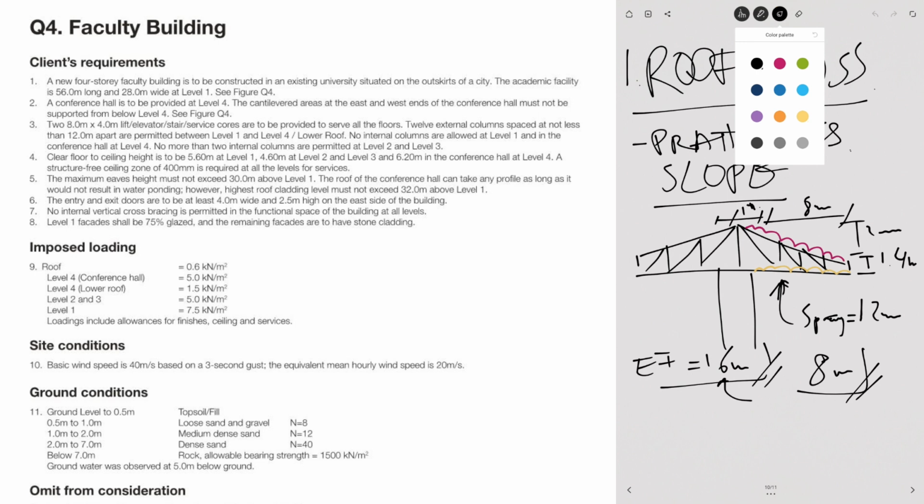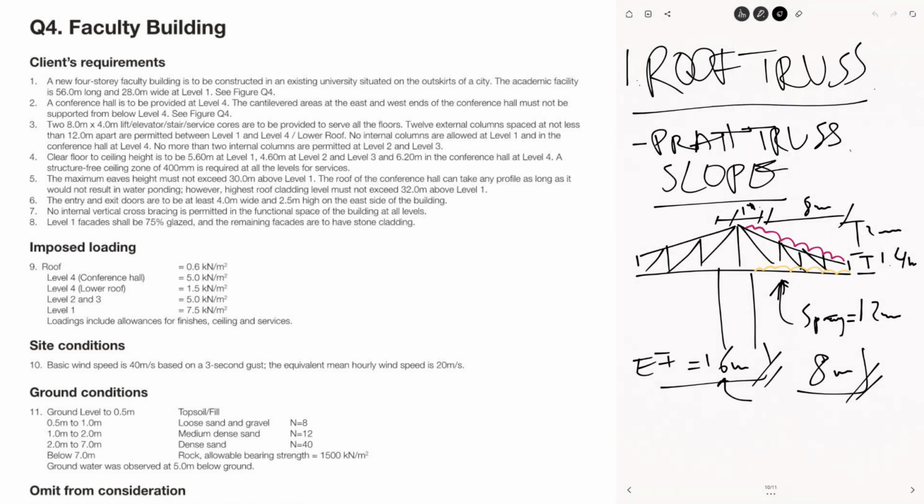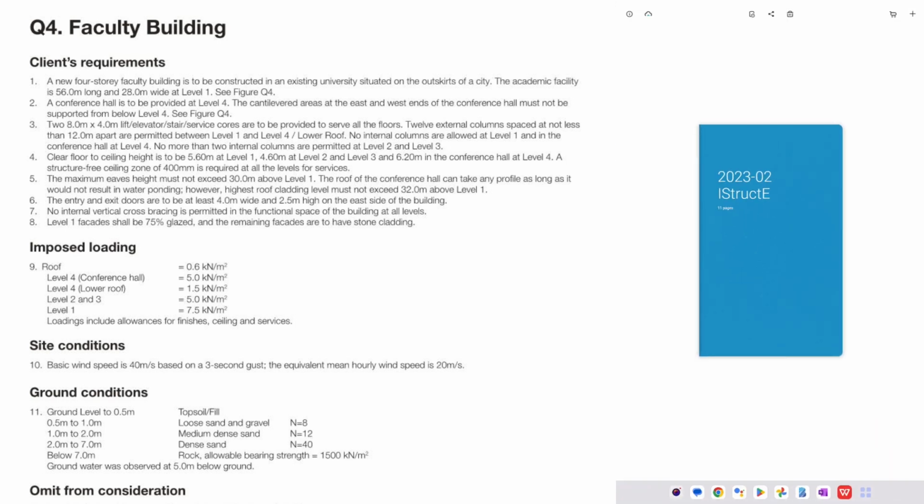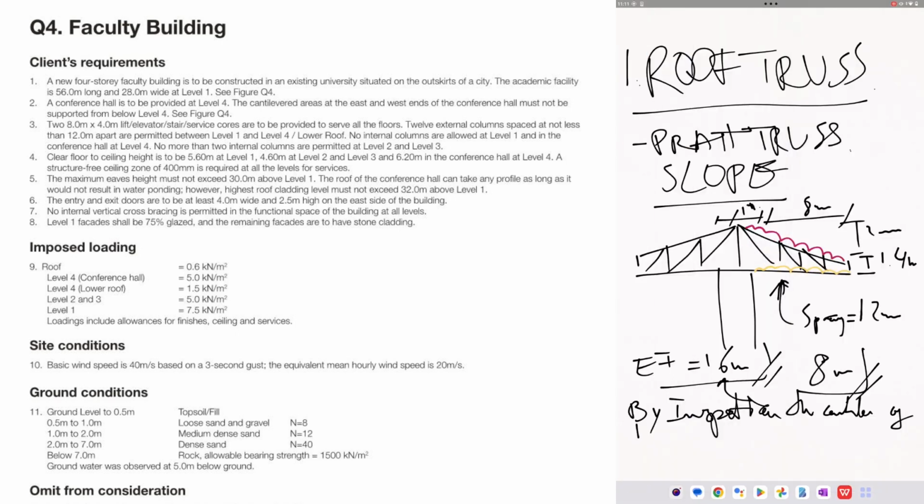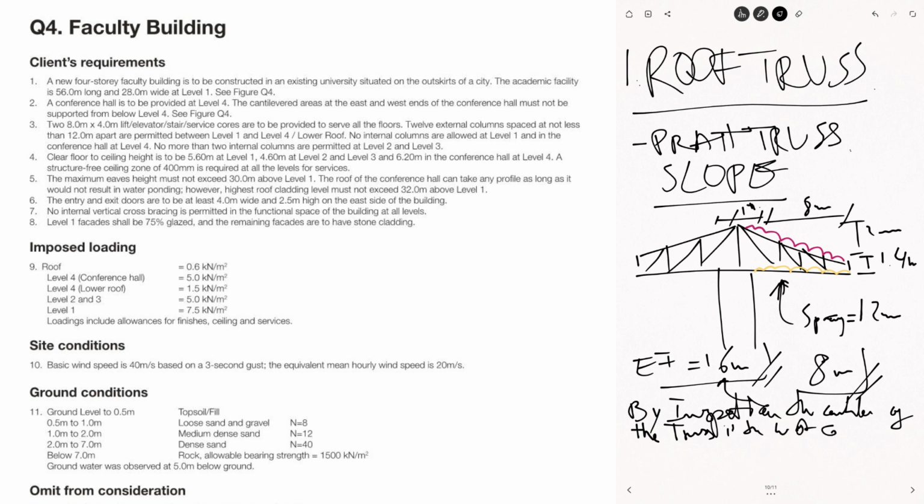One thing that I didn't mention here, that you need to make sure you write in your exam, is to explain why we're taking the cantilever. I kind of explained it here, but I didn't write it, and you need to make sure that everything you assume is written. So what I'll write is: by inspection, the cantilever of the truss is the worst case scenario for the roof truss,